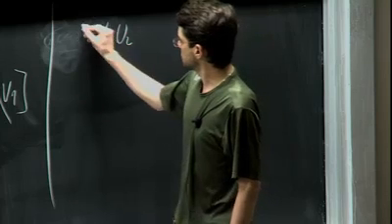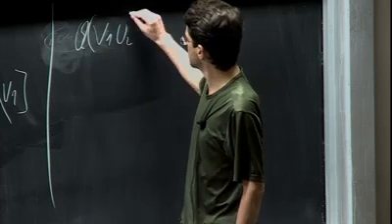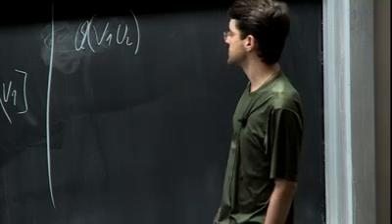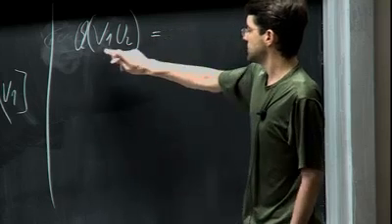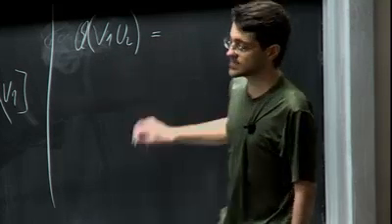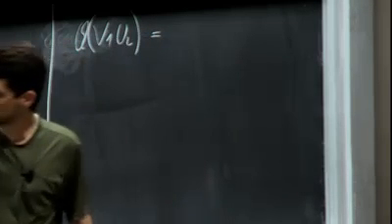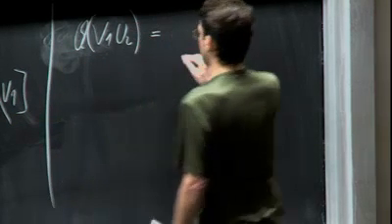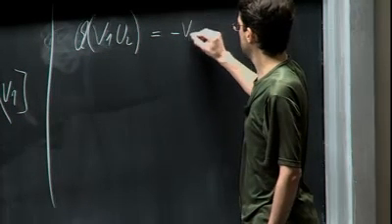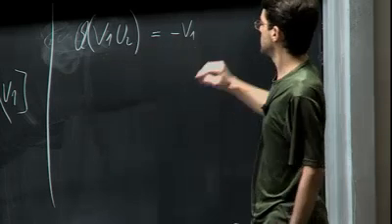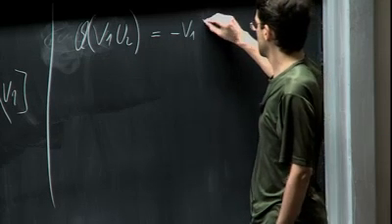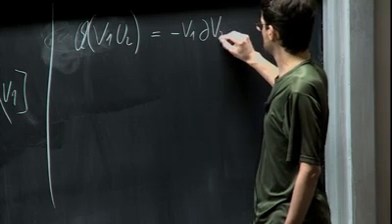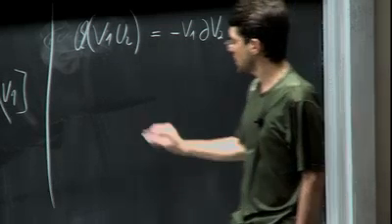So let's compute the BRST variation of this guy like this. And this one is BRST closed because of the two properties that are written there. And you get minus V1, and then the BRST variation of U2 is del V2. But now del V2